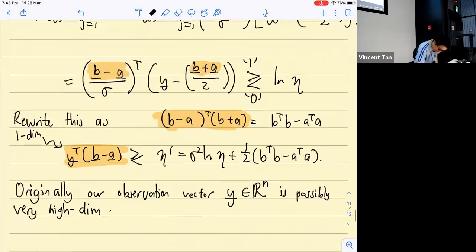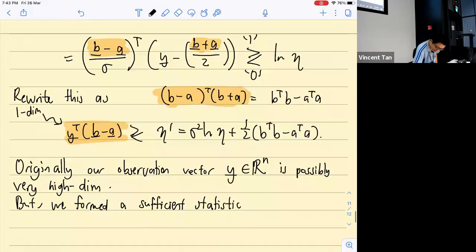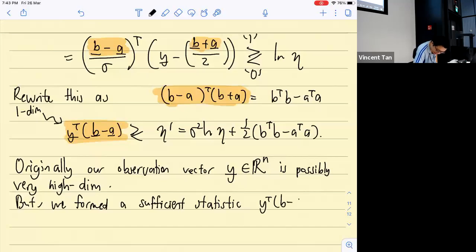But we formed a sufficient statistic, which we will talk about in greater detail. So we form a sufficient statistic, which is this guy here, which is